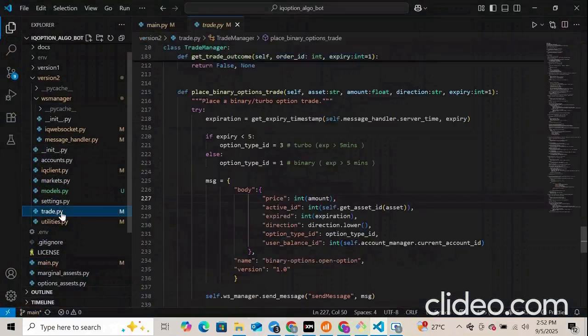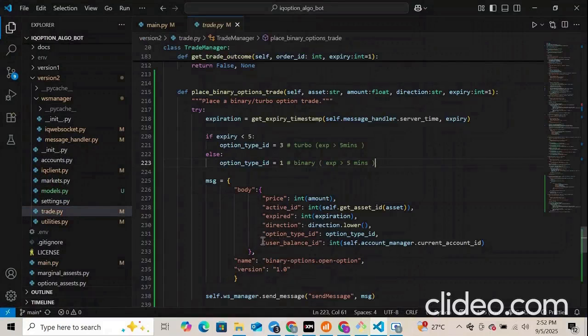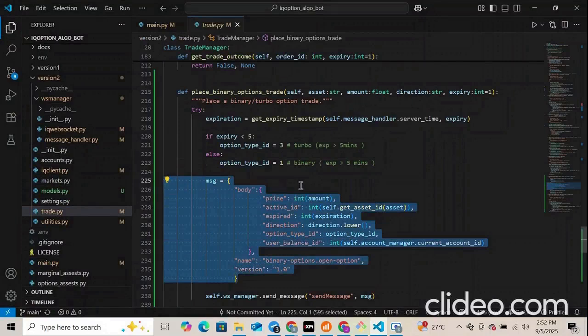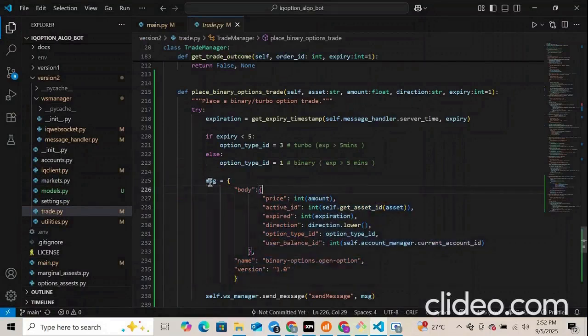Let's go to trade.py, and this is the payload that we need to send in order to successfully place a digital binary option trade. So the message body needs to contain this. It needs to contain body, name, and version. Version is going to be 1.0, name is going to be binary-options-open-option, and the body is going to be a dictionary, and inside the dictionary